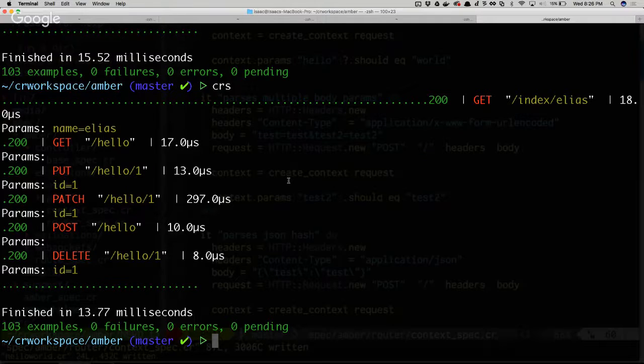Drew from Kemalyst, which was another framework that's been around for about a year and a half, just came over and joined us, and he's done quite a bit of work on mailers and background jobs. So that's really useful.